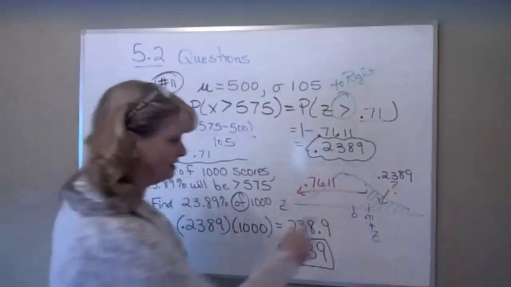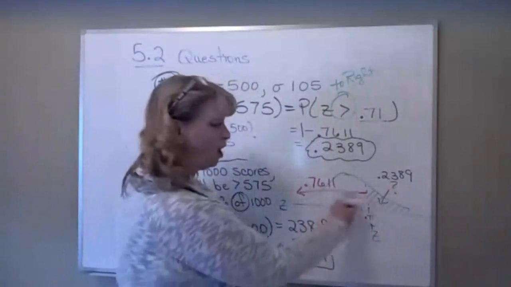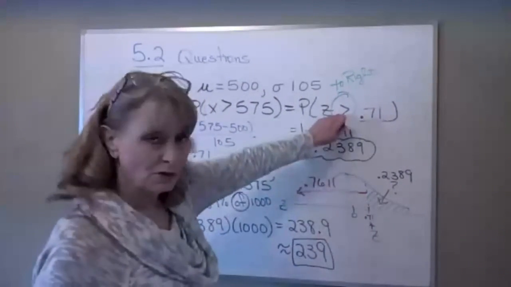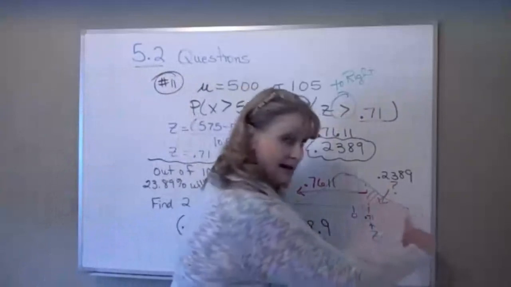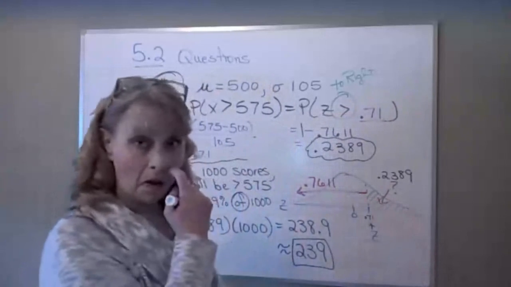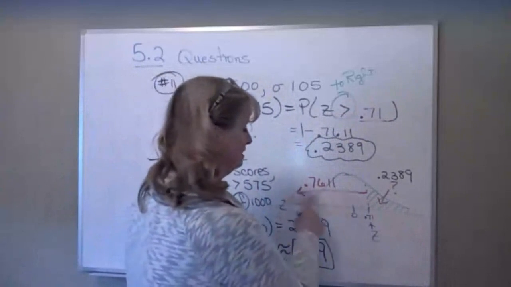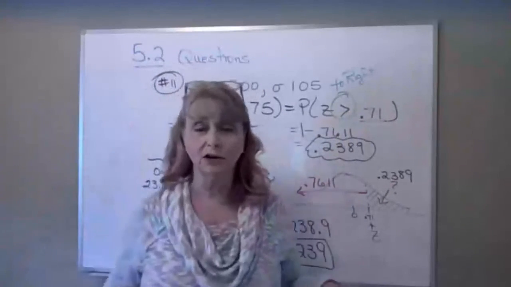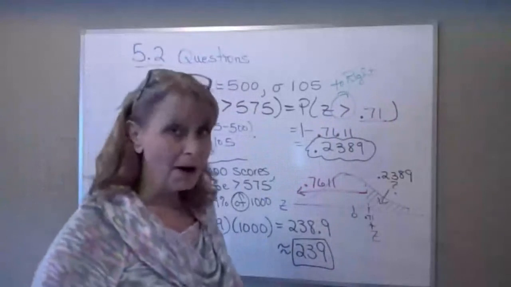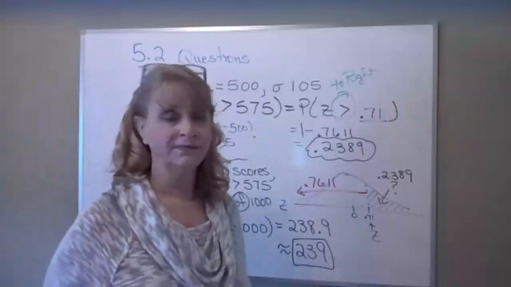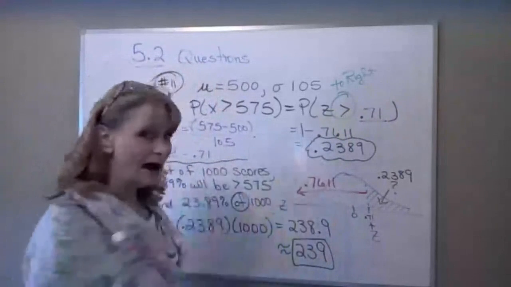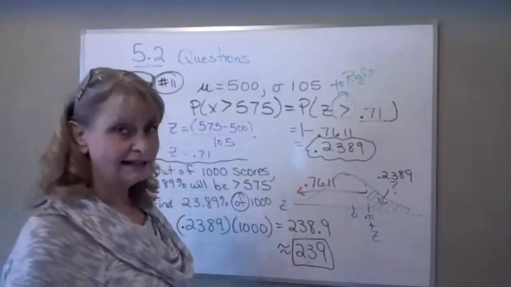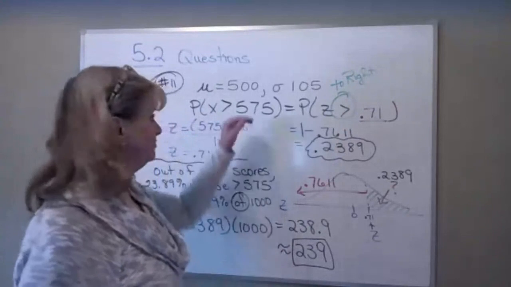And then I looked that z-score up on my table, which always gives me the area to the left. So I'll write the area to the left. But since this was a greater than problem, the area I wanted, that I shaded over here, is the area to the right. So once I knew the area to the left, the way I found that area to the right is by subtracting from 1, because the total area under the curve has to be 1, because the sum of the probabilities has to be 1. And so once I found that, now I know the probability that a single randomly selected score is greater than